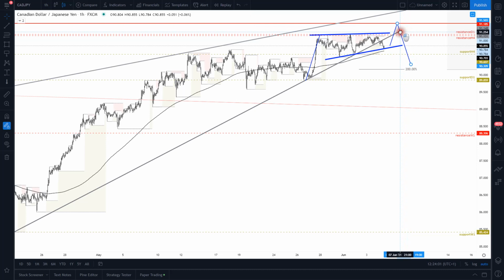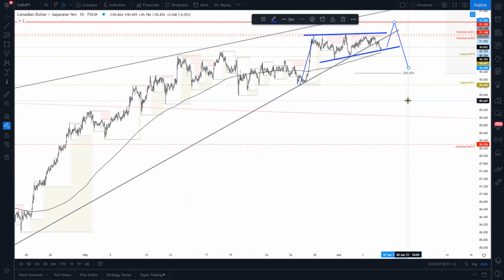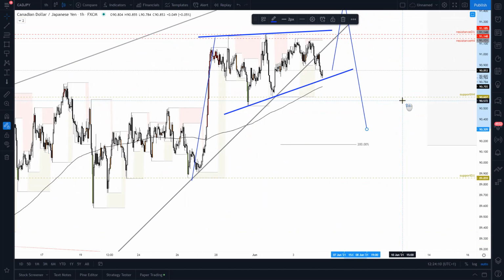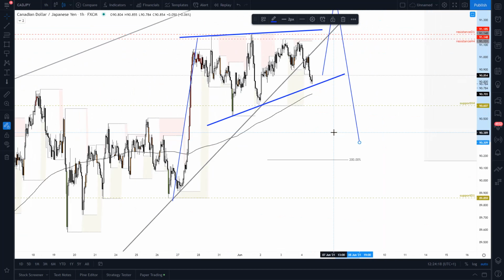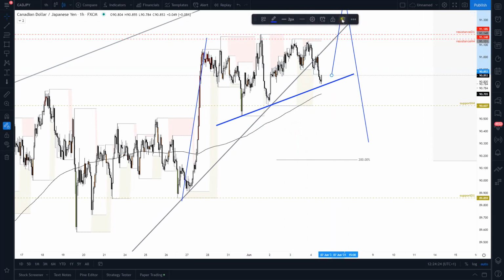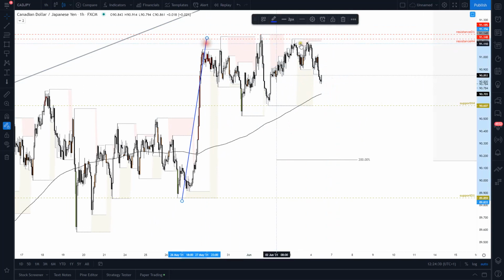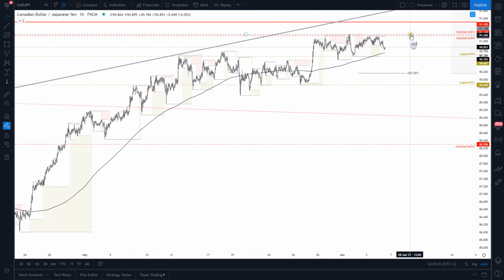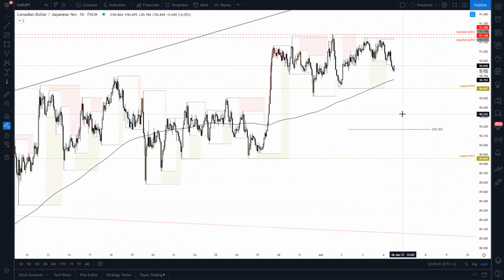At this point, I can think on the short side. I can try to search for the best moment to go short without touching that Fibonacci level and without printing that pattern. But I still need to wait for some confirmation. And if I delete all those lines here, I can try to show you. So let's say I have an order to short the market at that Fibonacci level, to go short with the Canadian dollar versus the yen as soon as that bearish